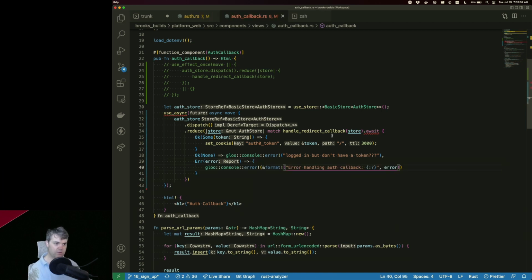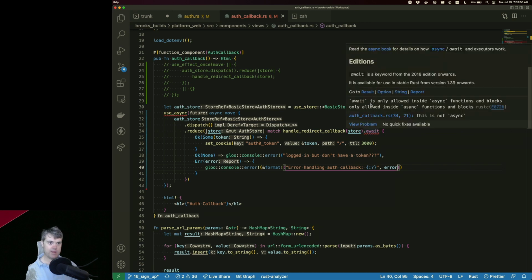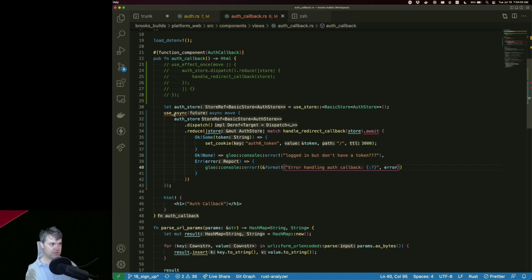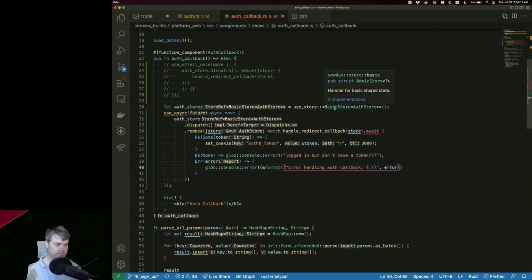Hey, what are you upset about? Await is only allowed inside async functions and blocks. You're upset because of type mismatch resolving this feature. Oh, am I returning something? I don't mean to.